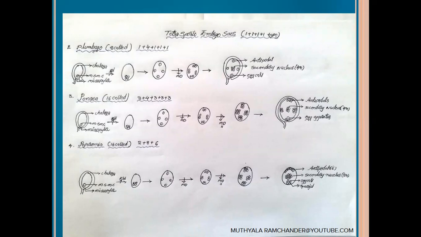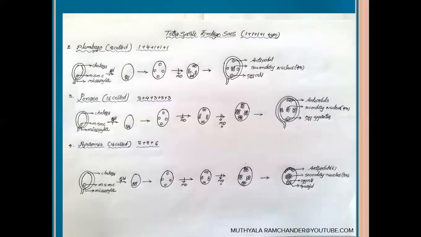See, the matured ovule contains one single diploid cell at the micropylar region from the nucellus. It acts as a megaspore mother cell. It participates in the reduction division to form 4 haploid megaspores. The 4 haploid megaspores are arranged in 4 corners of the embryo sac. One is at the chalazal end, one is at the micropylar end, and 2 megaspores are present at the lateral area of the embryo sac. The 4 megaspores participate in the mitotic division to form 8 haploid cells. At each corner, 2 haploid cells are present.